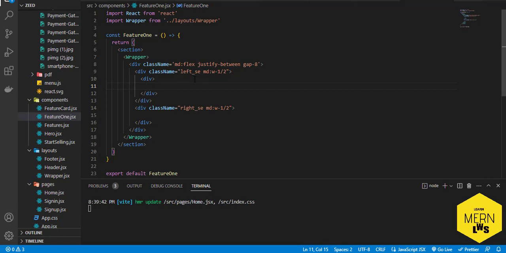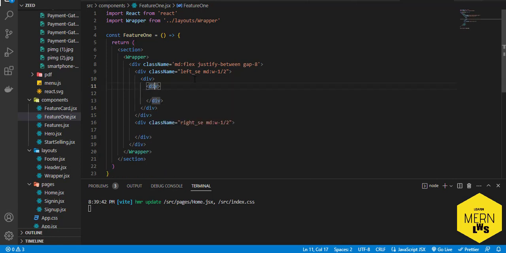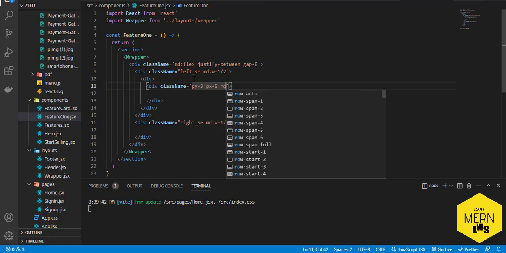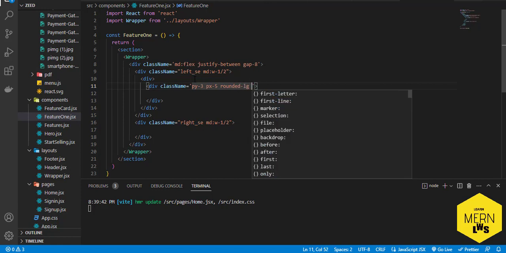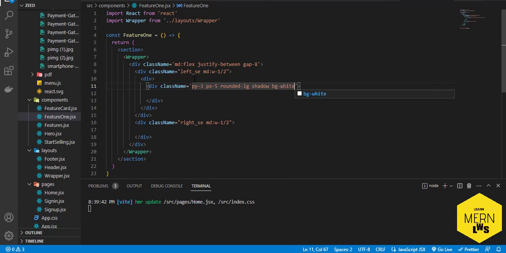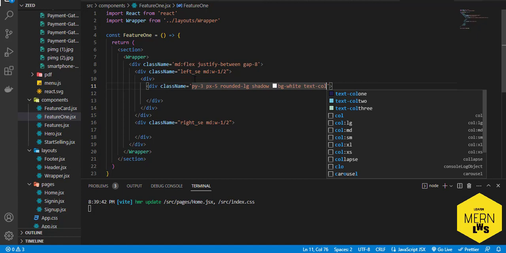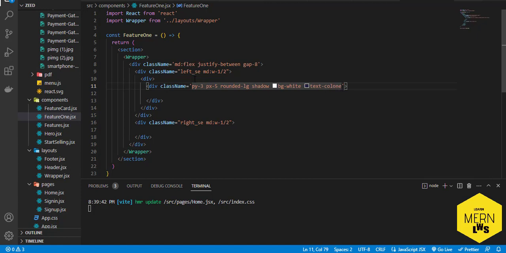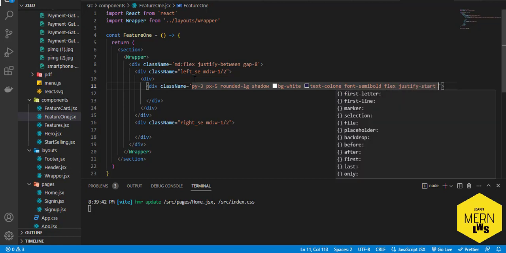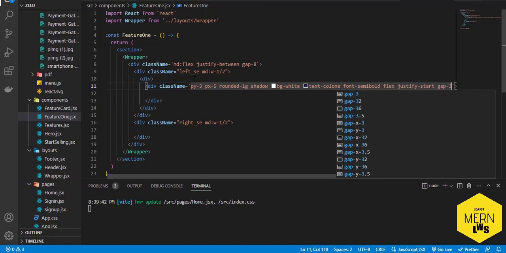And now div. Okay, class name py3, px will be 5, rounded lg, shadow, bg white, text color, font semi bold, flex justify start, gap 3. Okay,